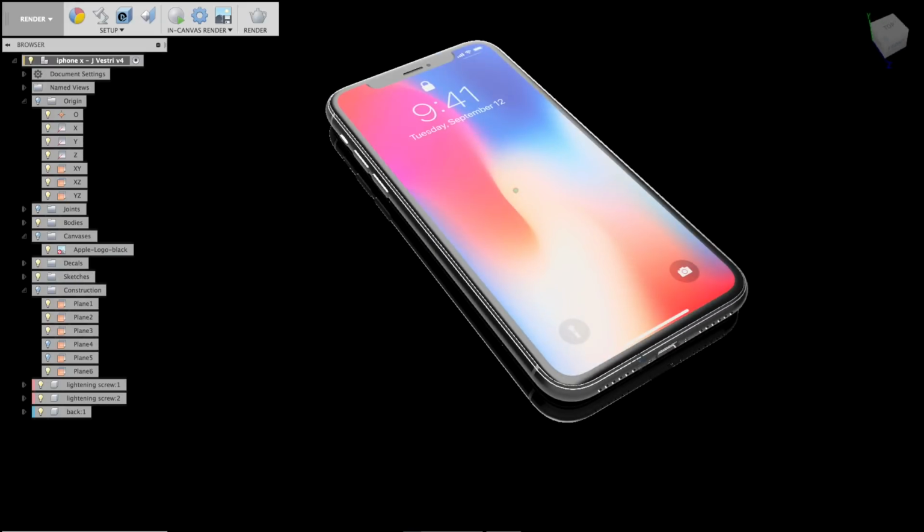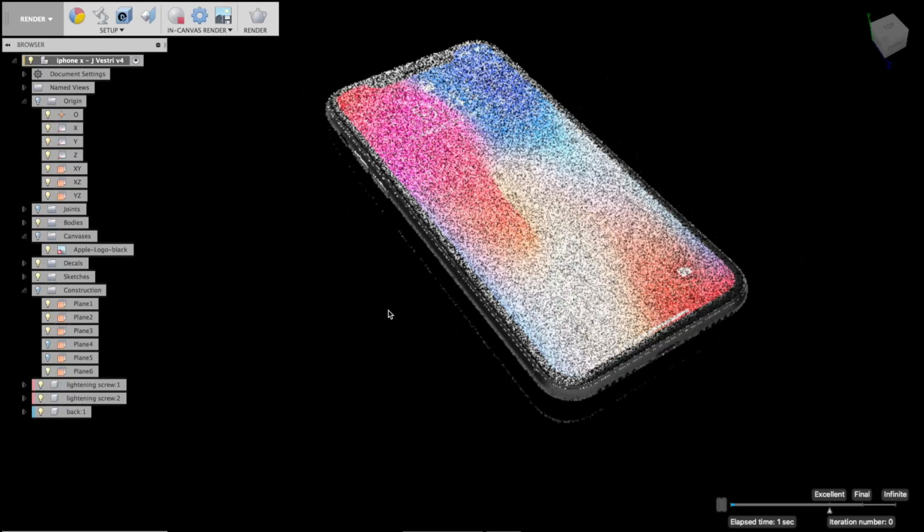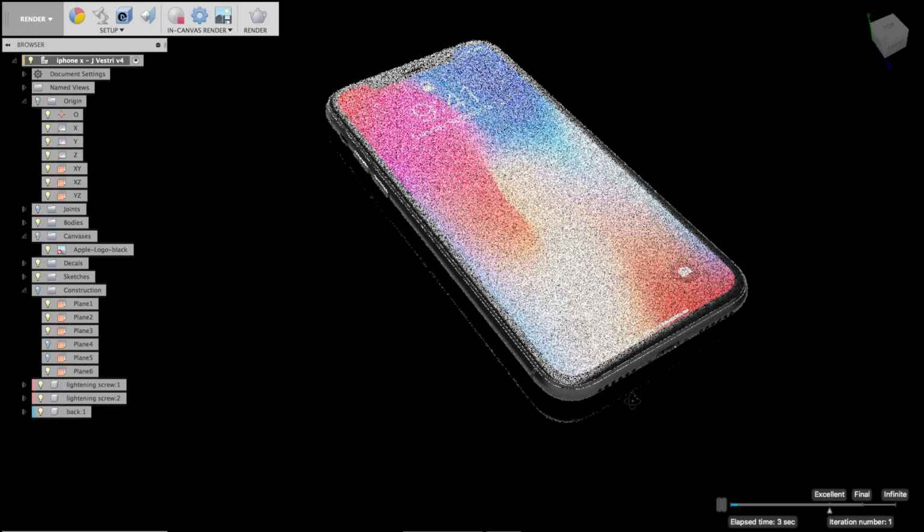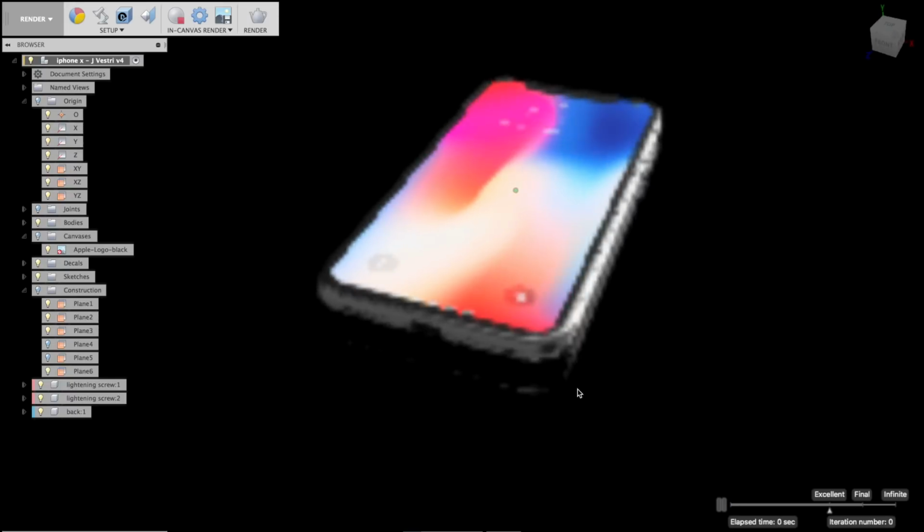Well, number one, ray tracing, or as they call it in here, in-canvas rendering. So if you just click on this, I don't know, what is it? It's a ball with a triangle for reasons. I'm sure that means something if someone would like to tell me what that means. And then, as you can see, it's going to slowly